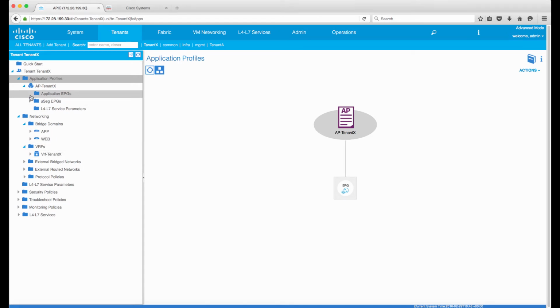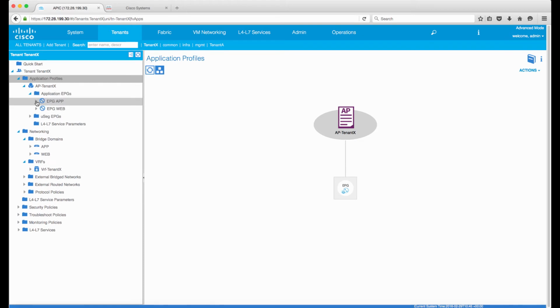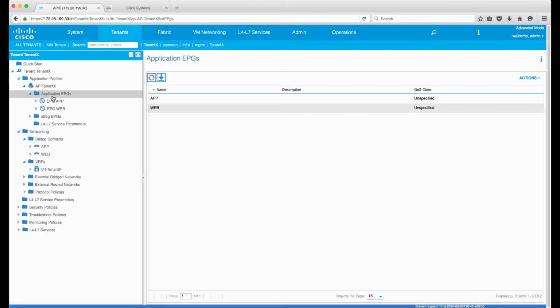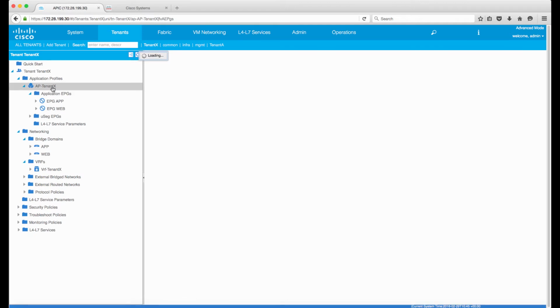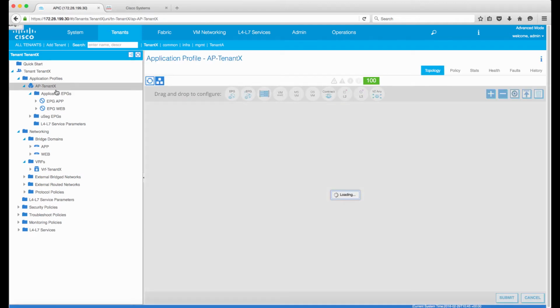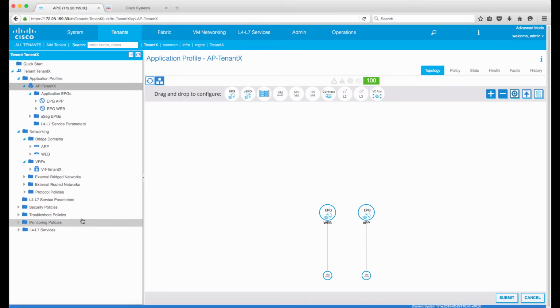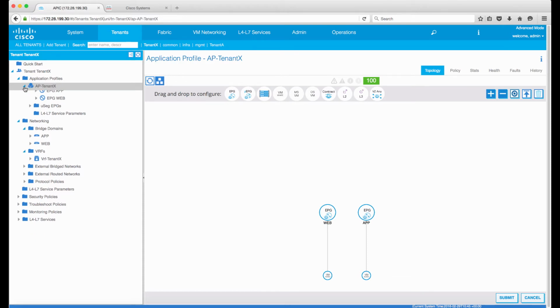We have our application profile also created for tenant X. So we have EPG web and EPG app created already. So next step is to